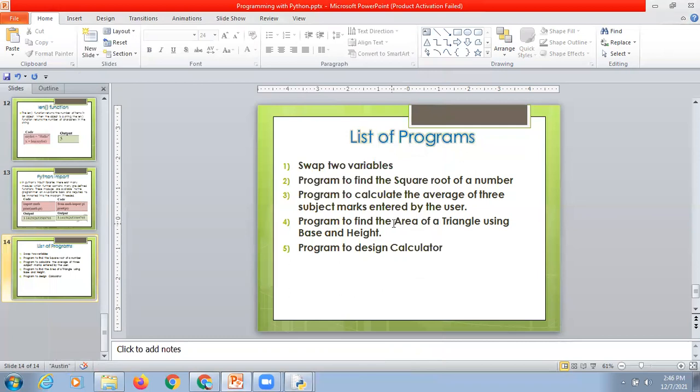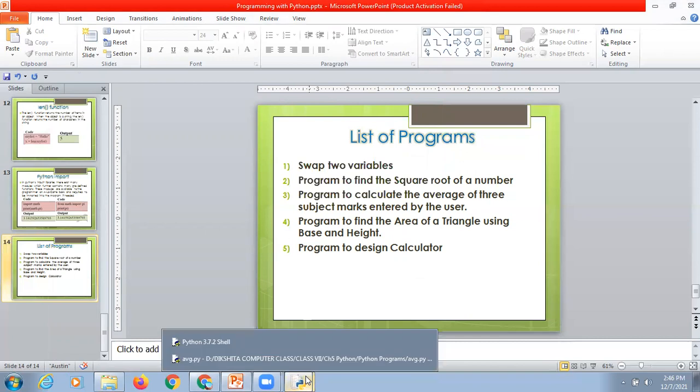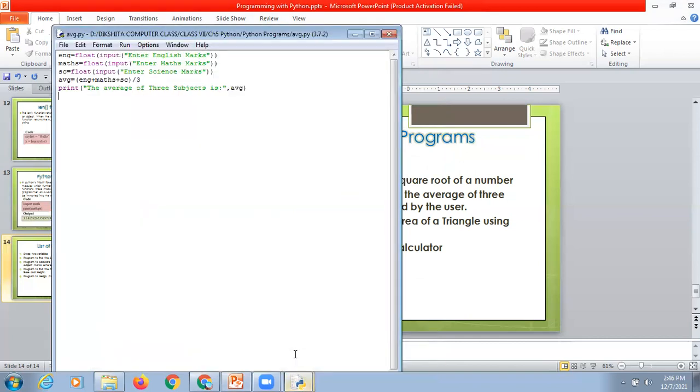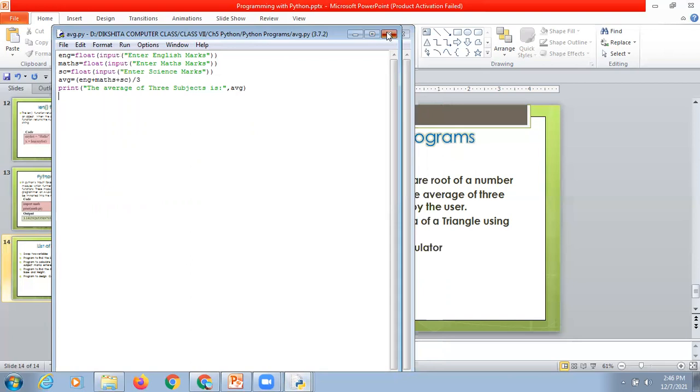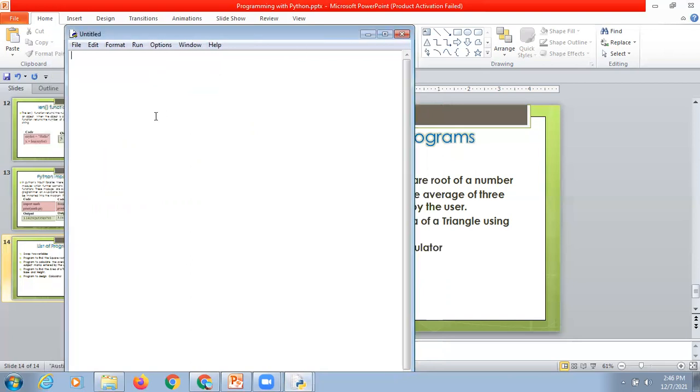Write a program to find the area of a triangle using base and height. So you should be aware of, first of all, the area of the triangle. Again, I'm taking a new file. The formula for the area of a triangle is half base into height, right? So let's take the value of base from the user first. So base equals, again it could be a decimal value, so float,